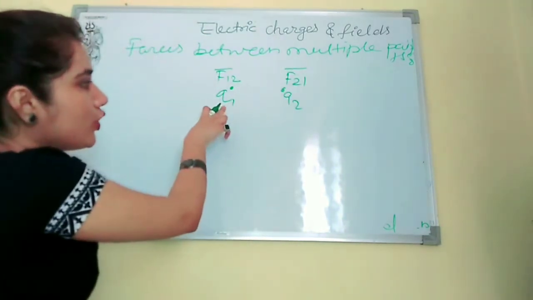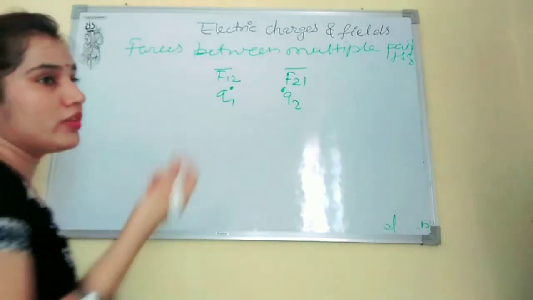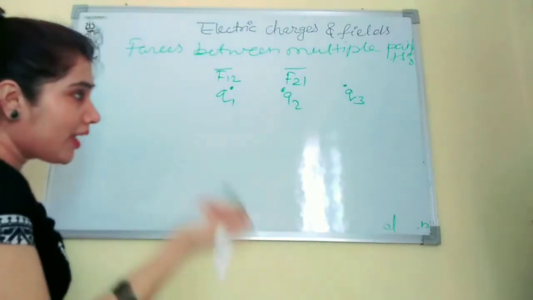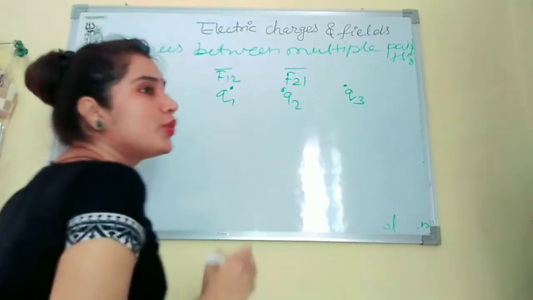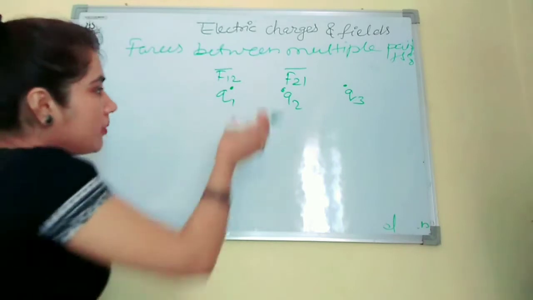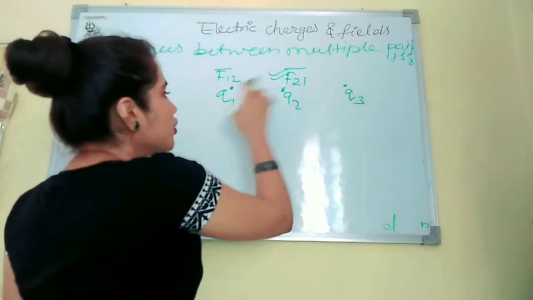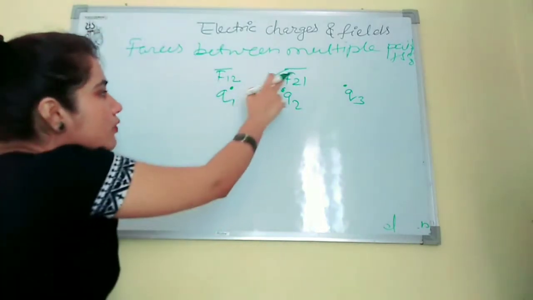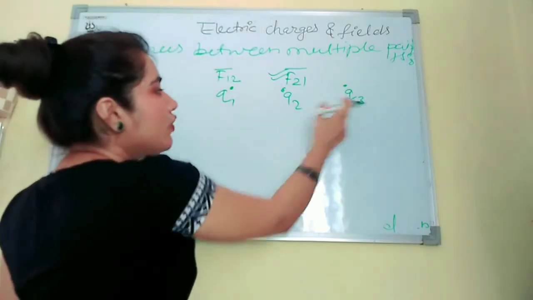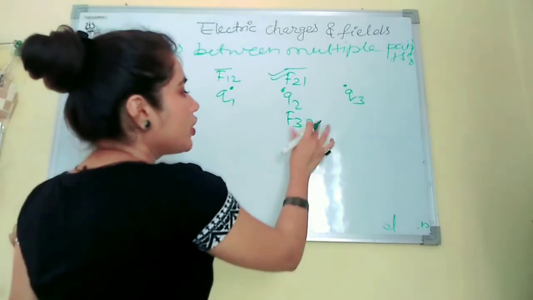So this is Q1, this is Q2. Already two charges are in the region. Now one more charge has come, that is Q3. It is also applying some force on Q2, and Q1 is also applying force on Q2, right? But it will not affect this force. So this will be as it is because of Q1, this force on Q2 because of Q1, and now Q3 is applying force on Q2, that will be F23